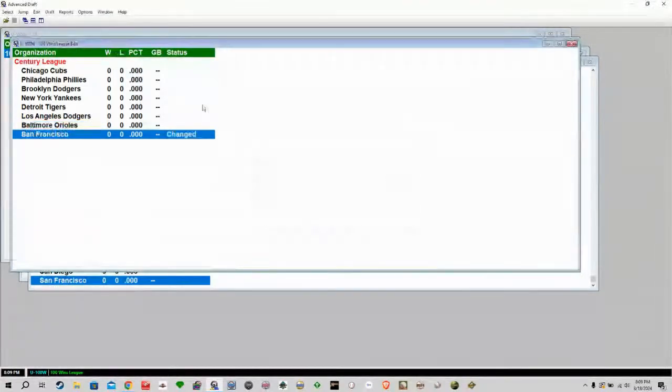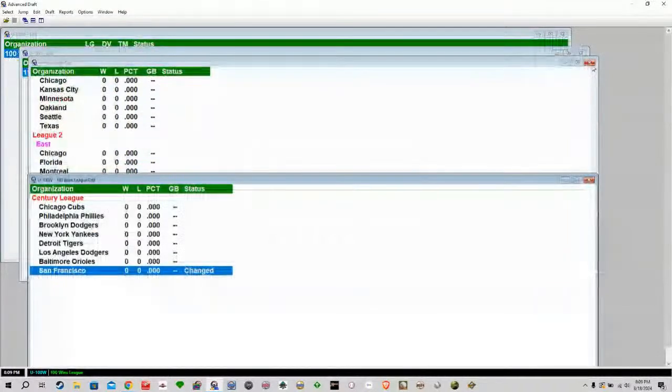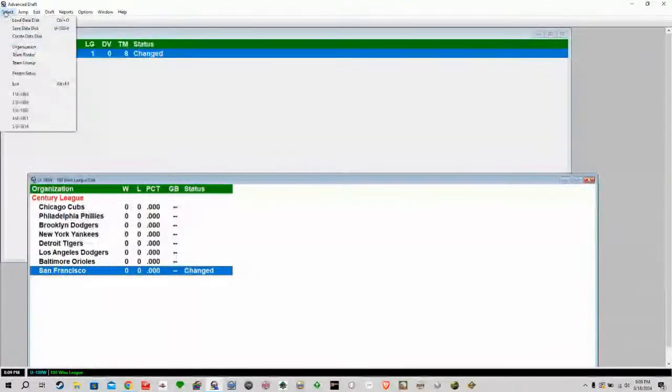They're here. I don't need to change any names because I did something with 1980 before. I have no idea what. But we're going to save this data disk. And because we've done this with all the other teams,